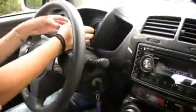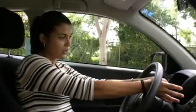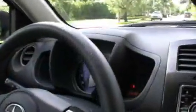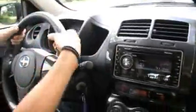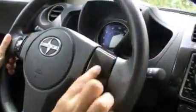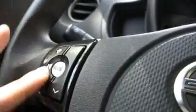Basically it's a speedometer and the rev counter put into one dial, which is nice to see. At the same time, it's a little confusing because you do expect to see more in the instrument cluster, so you do feel like you're missing something when you look at it, but eventually you do get used to it. It's very simple. The steering wheel itself has a nice little painted plastic with the buttons for the audio